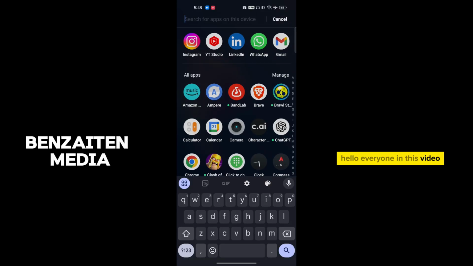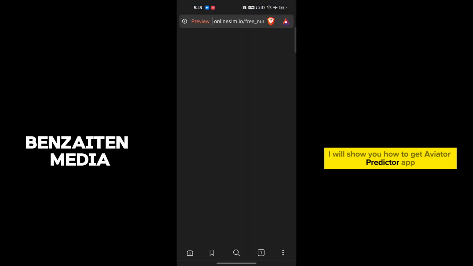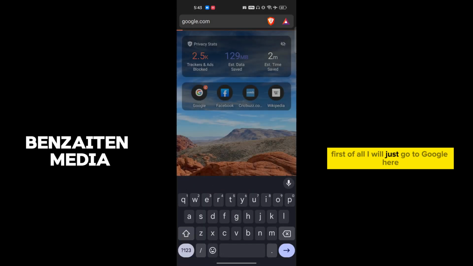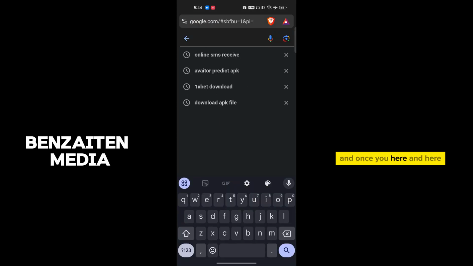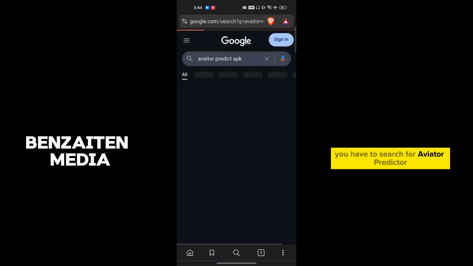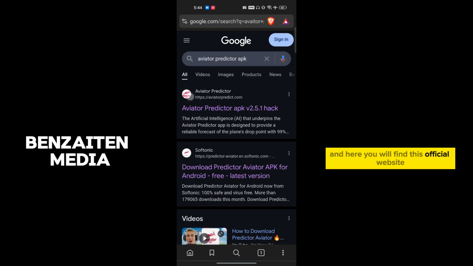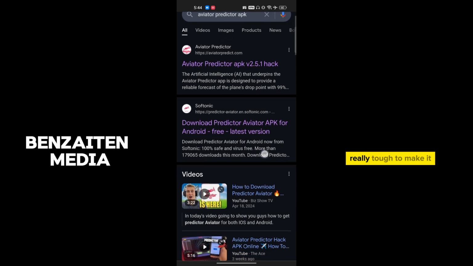Hello everyone, in this video I will show you how to get the Aviator Predictor app really easily. So let's go to our screen here. First of all, I will just go to Google, and once you're here, you have to search for Aviator Predictor APK download, and here you will find this official website, but still it's really tough to make